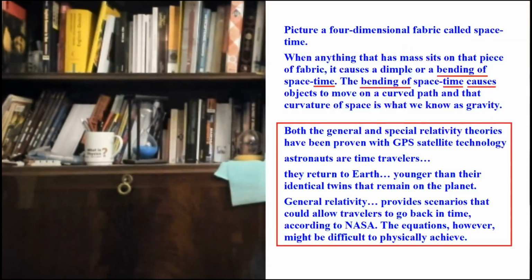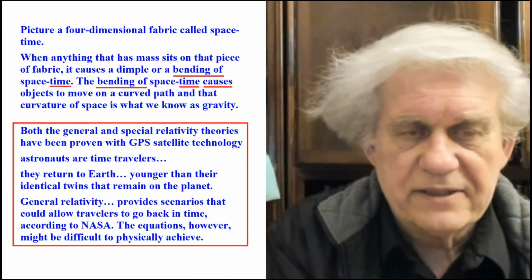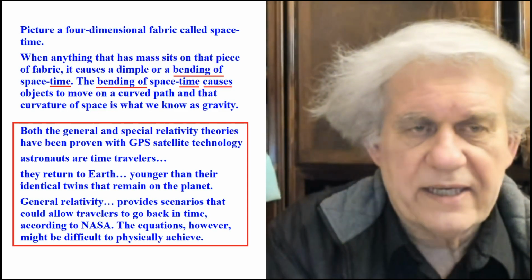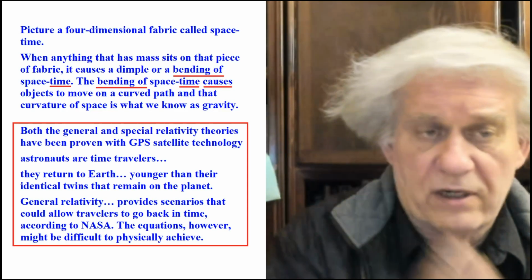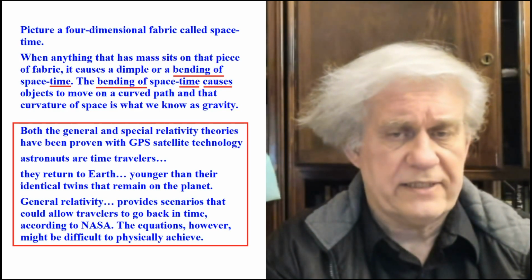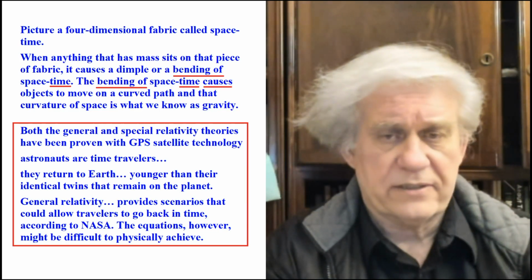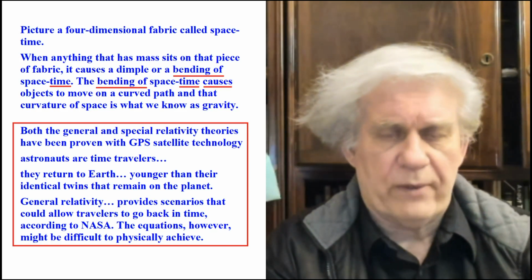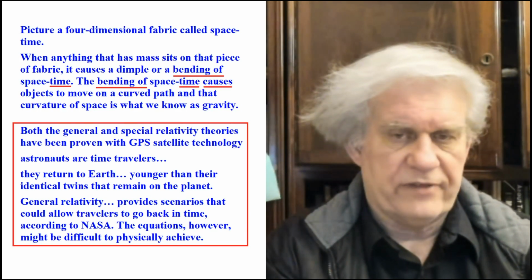Okay, so because of that, they end up with this. If I can put this up here, over here. This is from that article, and they say the following: picture a four-dimensional fabric called space-time. No, I cannot picture that because space is nothing and time is a concept. Nothing is also a concept for that matter. But so far we have concepts. We don't have an object, so I cannot picture it, and much less if it's four-dimensional.